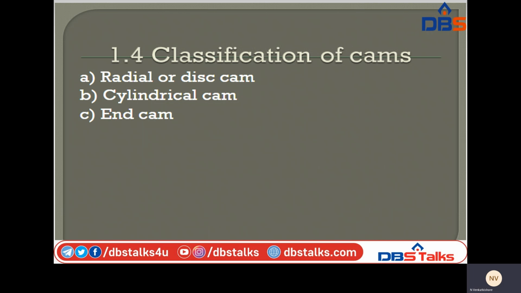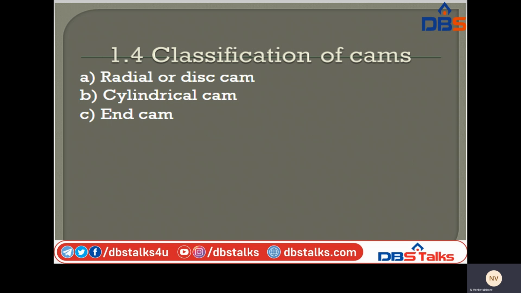And next, in all the previous cases the follower must be constrained to follow the cam. Here only the cam is rotating and according to that the follower is moving. The name itself says follower, so it is following the cam. There is no movement of the follower without the cam. Here we need to clearly understand that in all the cases, the follower must be constrained to follow the cam. This may be done by springs, gravity or hydraulics.